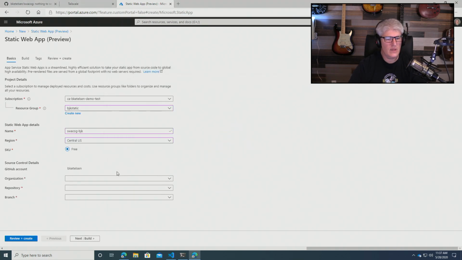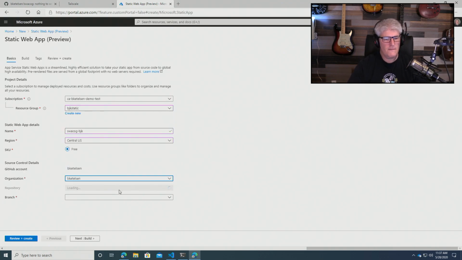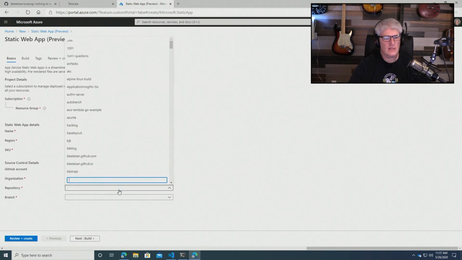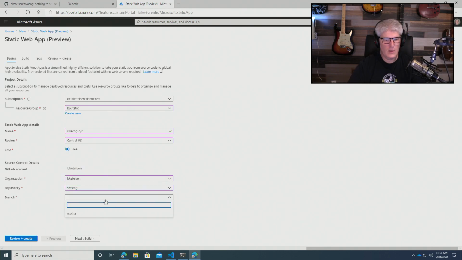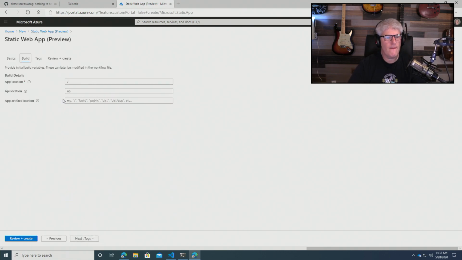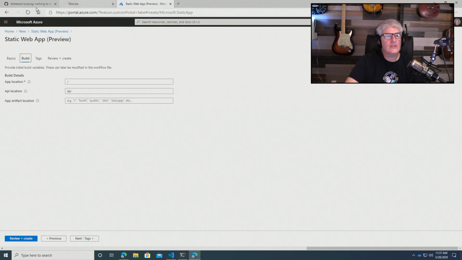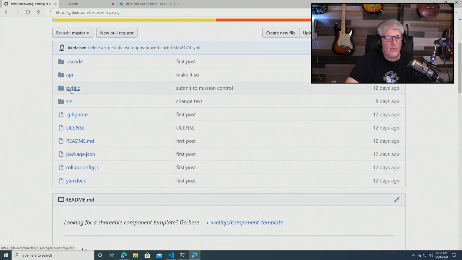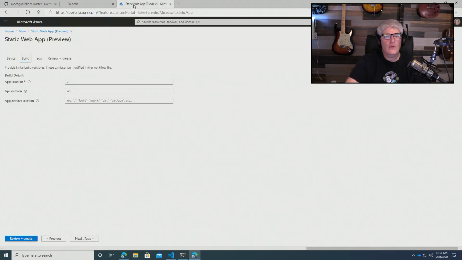Go ahead and sign in with GitHub, and it'll ask me what organization. And then it gets a list of my repositories. And we'll deploy master. So now it wants to know where the app is in relation to the repository itself. And we just saw that the app lives in public after it's built, because it's a Svelte app. So we're going to /public here,